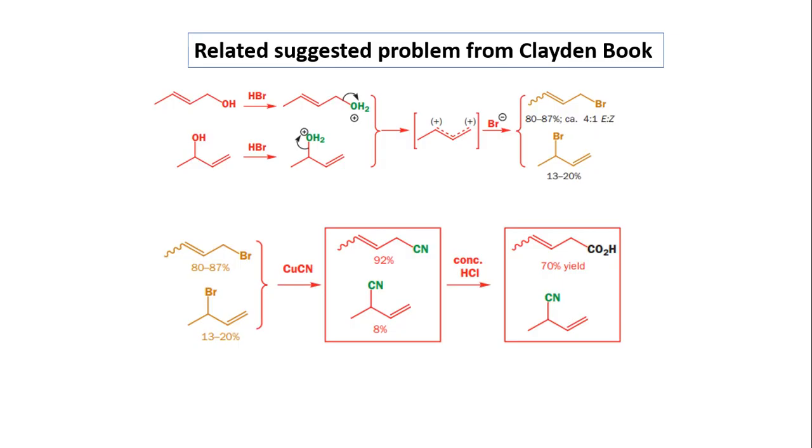Based on this discussion, in this video we have also discussed a related problem that may come in the next upcoming NET examination. This problem is very important. Actually this problem already came in the JAM examination in 2020, but here it is also one type of HBr addition to an allylic alcohol, and from this HBr addition it has been shown that two types of alcohol have been taken, one is the 1 degree alcohol,